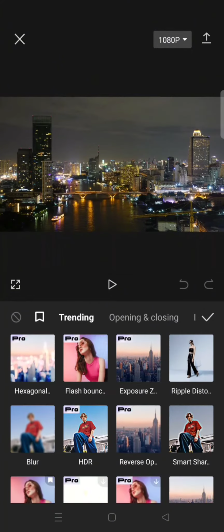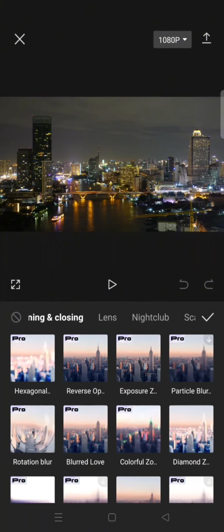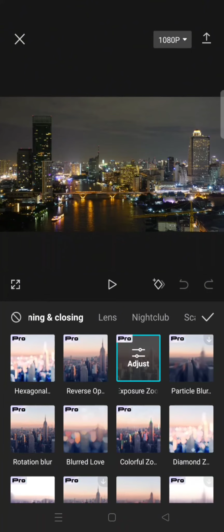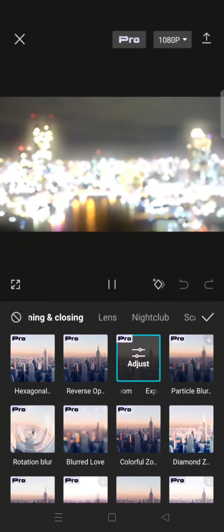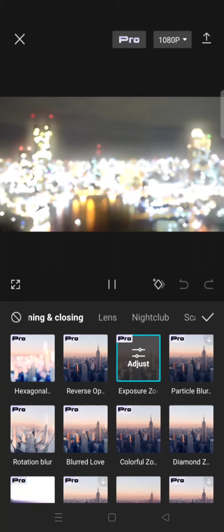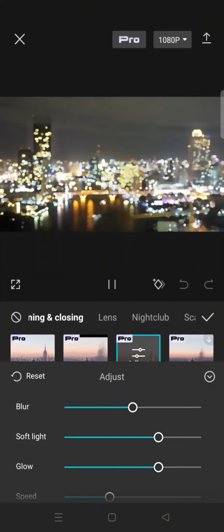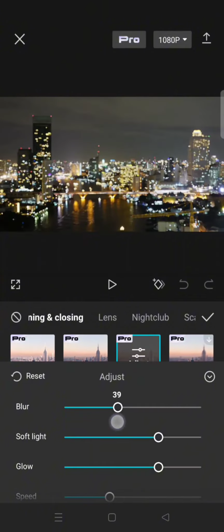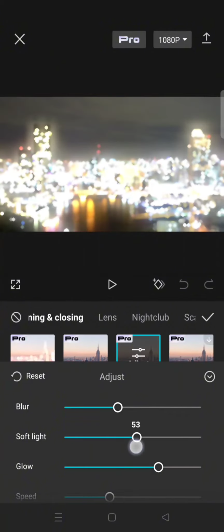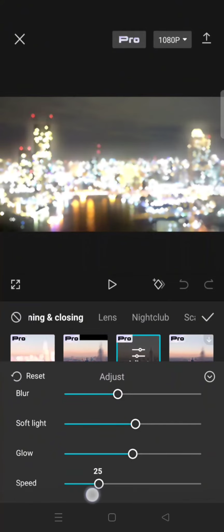But if you cannot find it on the trending tab, just click on opening and closing, and here is the exposure zoom effect. So click on that effect, just like that, it will be applied to your clips. And if you want to adjust it, just click on the effect. You can adjust the blur, the soft light, the glow, and also the speed. I'm going to just make it faster, and after that just click on the check icon,